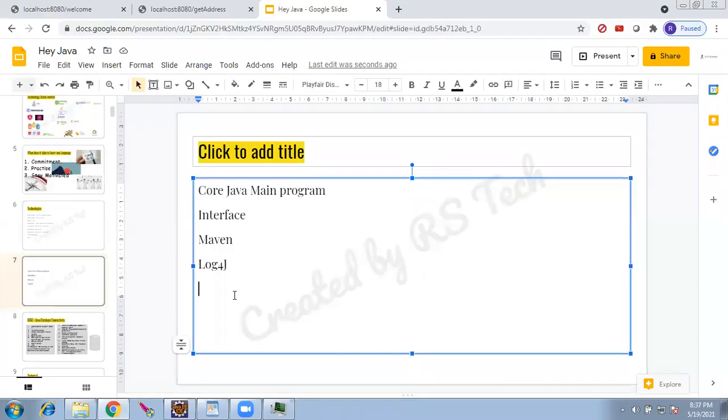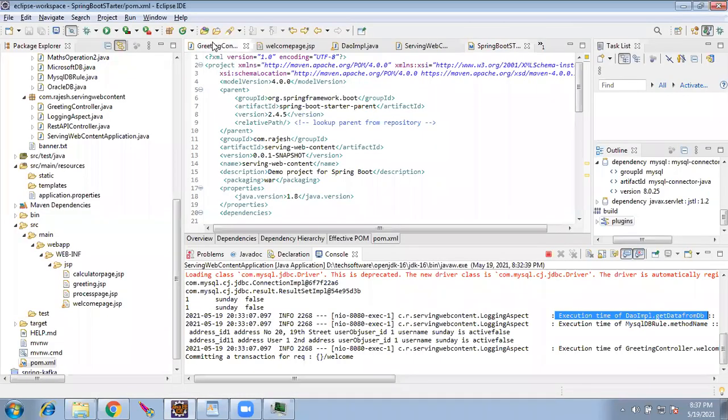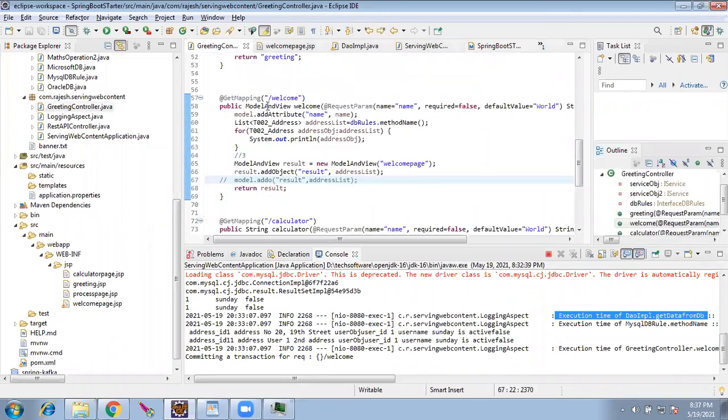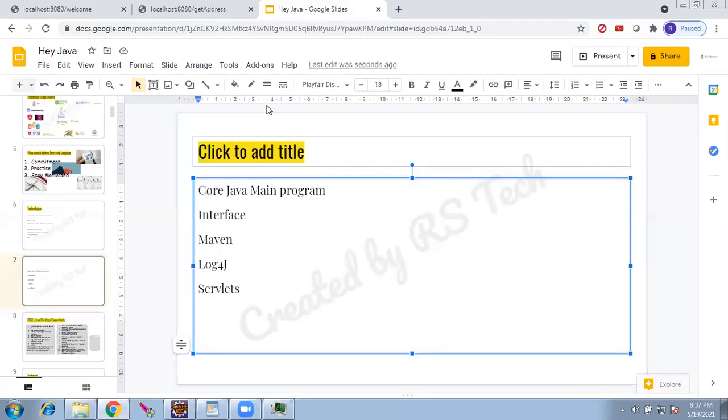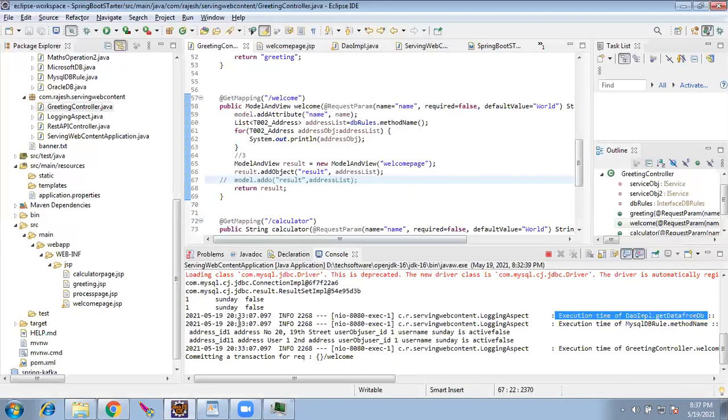Then we went on with servlets. Why did we go with servlets? This is a servlet. The controller which we have now is a modified form of servlet. So we went through the servlet, and then I took up how to do filters in the servlet. If you remember, there is a filter which we have implemented here.